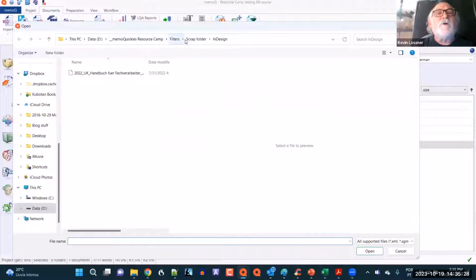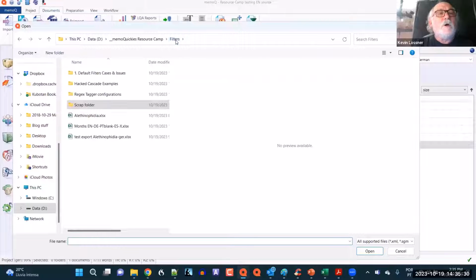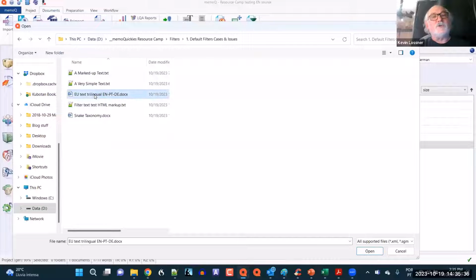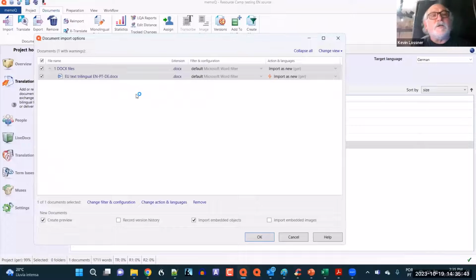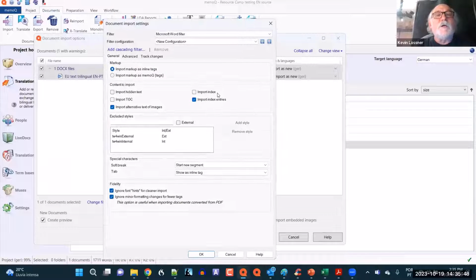And let me see where I've got a Microsoft Word file that I can look at. Oh, yeah, this is an interesting one. Okay, there's not much of anything in this one, but for example, we want to have a look at the different options. It always helps if you have certain file formats that you work with a lot and where you've mostly